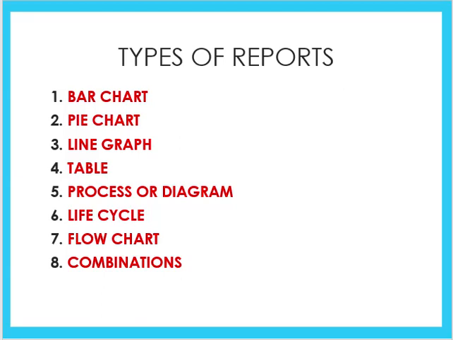The first one is called bar chart. The second one is pie chart. Third one is line graph. Fourth one is table. The next one is process or diagram, the structure for which is being discussed in this video. Then there is life cycle, flow chart and combinations, which may involve similar combinations, that is 2 bar charts or 2 pie charts or 2 line graphs or something like that, or it may be a dissimilar combination wherein you can see a bar chart with a pie chart, or let's say a bar chart with line graph and so on. So make sure that you're practicing at least 10 different models for all these question types,